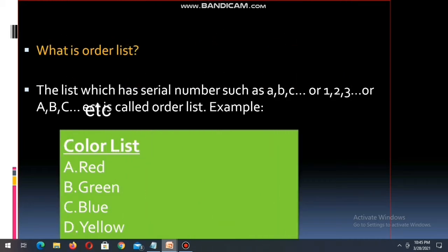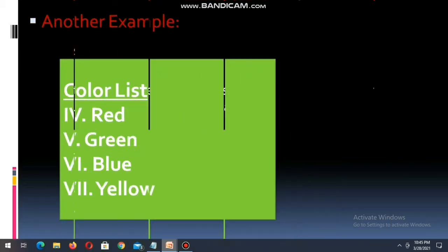Now come to the first point. What is an ordered list? The list which has serial numbers such as a b c, or 1 2 3, or capital A B C, etc. is called an ordered list. For example, there is an ordered list, color list: A red, B green, C blue, D yellow. You can see another example of an ordered list.